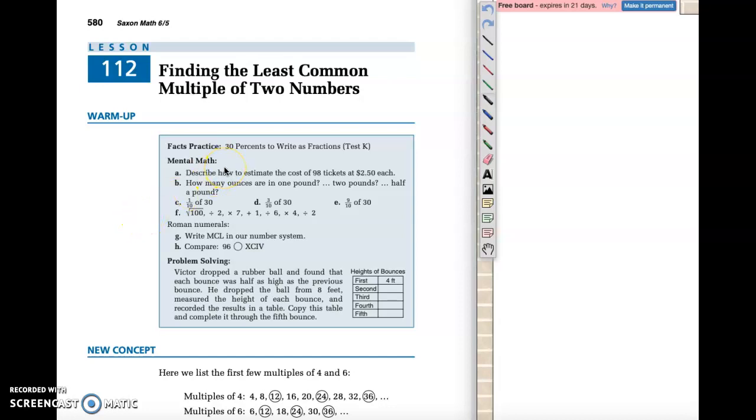Hopefully you guys are doing those pretty quickly. Being able to convert percents to fractions is a pretty important skill. And if you have any questions about that, please make sure you ask. And make sure you did your mental math and your problem solving warm up, and let's dive into